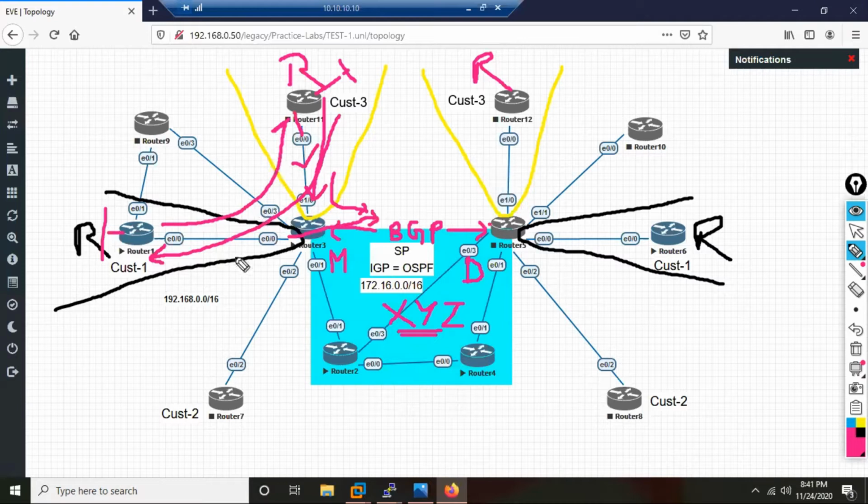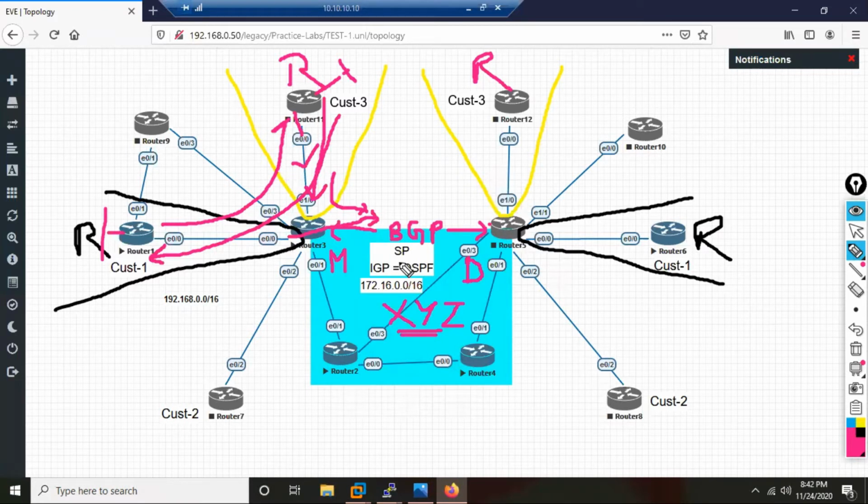Two or more customers can run the same protocol. Suppose, like I said, we have 100 customers. Is it possible that out of 100 customers, this service provider will get 10 customers who might run RIP? Yes, because you cannot tell the customer, see, I already have one customer running RIP, so customer 3, you cannot run RIP. Customer 3 will say, why should I not run RIP? We are already running RIP, we don't want to change. So who dictates the routing? Customers dictate the routing to the service provider. The service provider cannot dictate the routing to the customer.